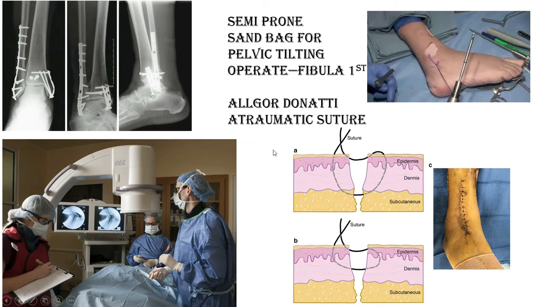First, you have to do fixation over the fibula. Otherwise, the ankle mortise will not get restored. For this position you have to put a sandbag under the hip, and from the lateral aspect you have to put the implant over the fibula. Then you go for the medial malleolus, then you address the posterior malleolus. So there is a protocol.